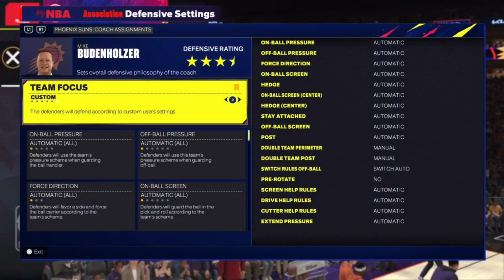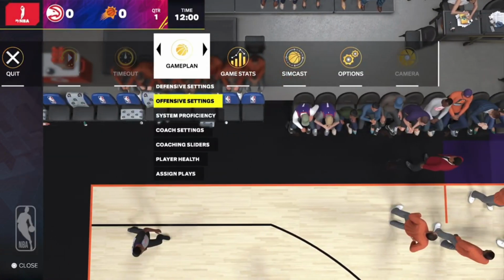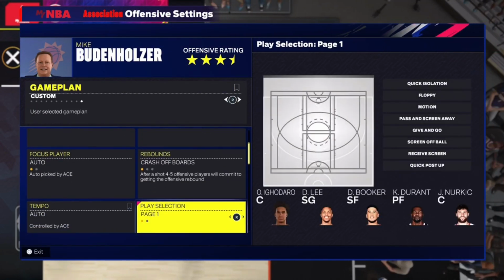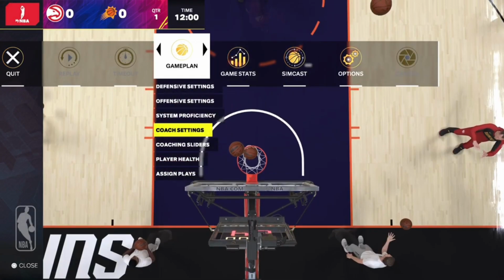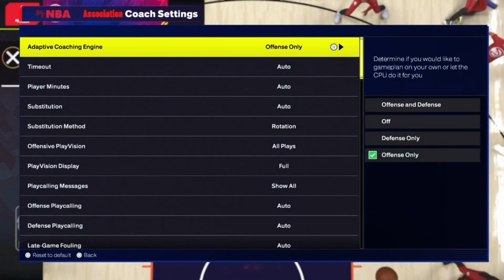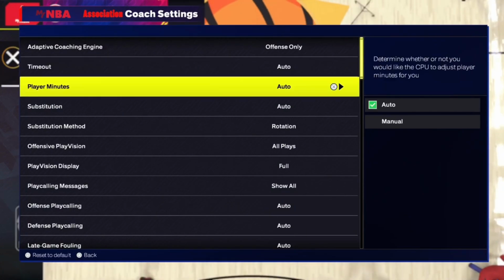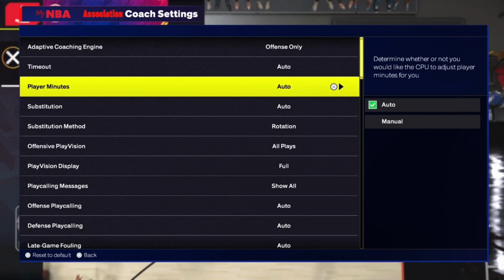Defensive settings, real easy. Go to stay home. That's it. Go to offense settings, crash offense board, and tempo, shoot at will. For coach settings, make sure your ace is only for offense. Make sure timeout is auto. You can use player minutes,